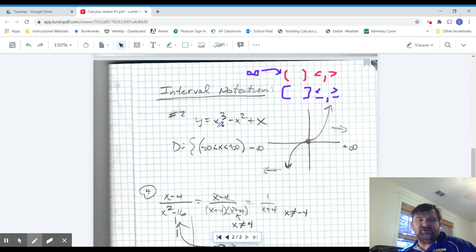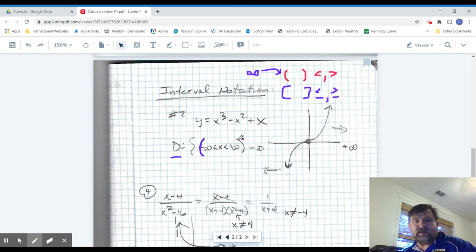All right, so they want you to take this one in interval notation. I chose number 2, x cubed minus x squared plus x. If you put it in your calculator, or don't forget, you can use Desmos right now. We'll deal with the calculator stuff a little later. You put that in the calculator. What are the usable x values, which is your domain? Well, this thing will travel forever to the left and forever to the right. So I'm going to be negative infinity, which is going to be less than x, which is less than positive